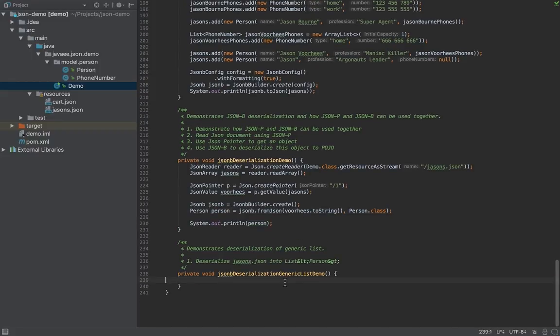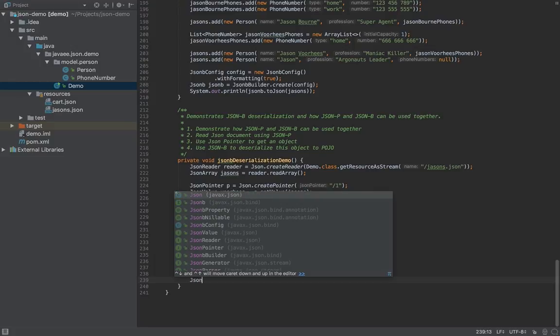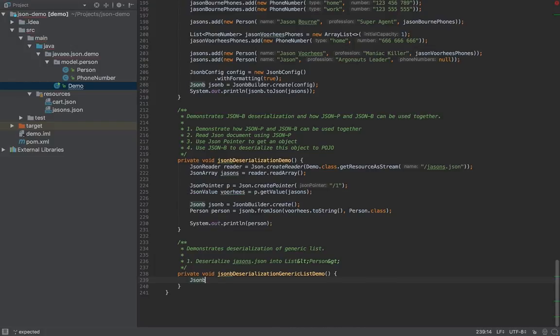Okay, and now it looks like we have our last demo, which is deserialization with generics. Again, what we're going to use here is our favorite JSON's document. And this time we are going to deserialize it into a list of persons, so into a generic list, right? Okay, let's do it. First of all, we need to create a JSON-B engine,